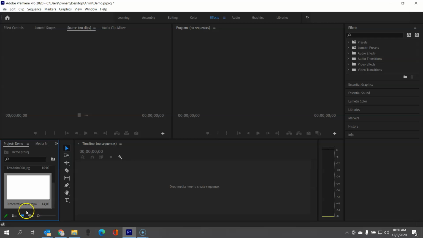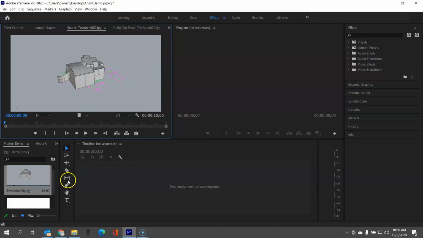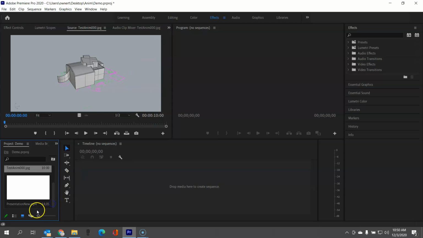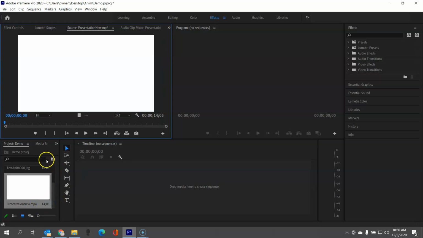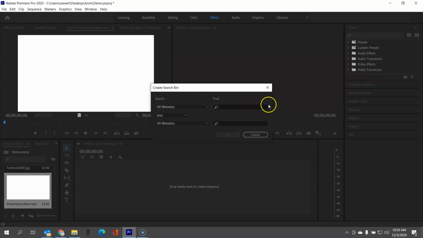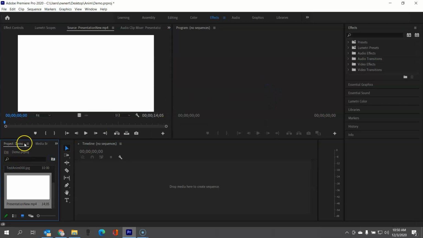And then I want a still image, so I'll continue to double click. I want to import, but I can just do